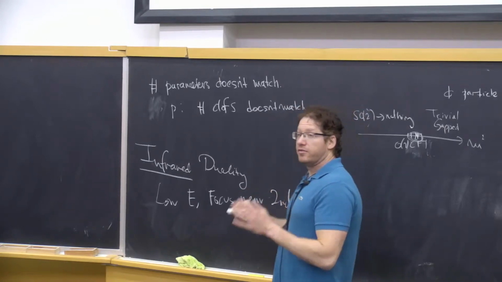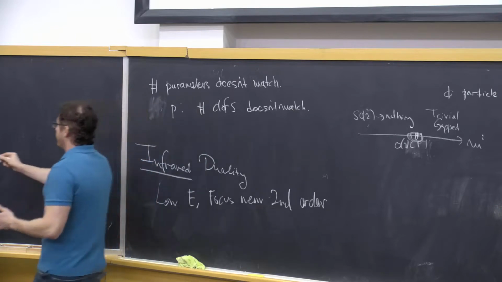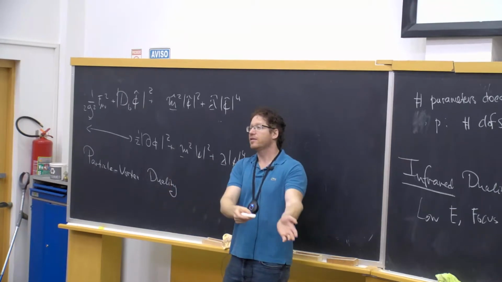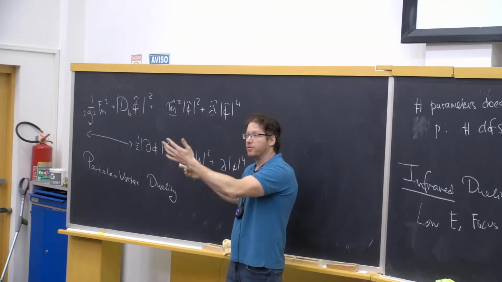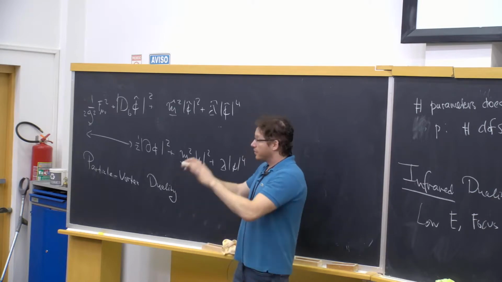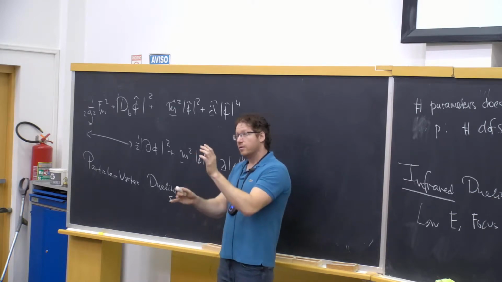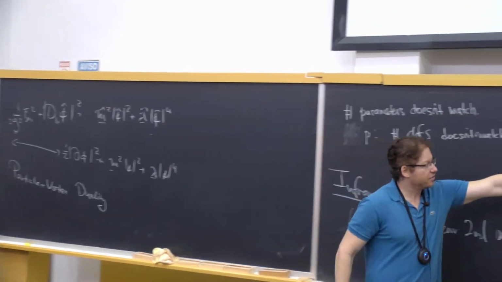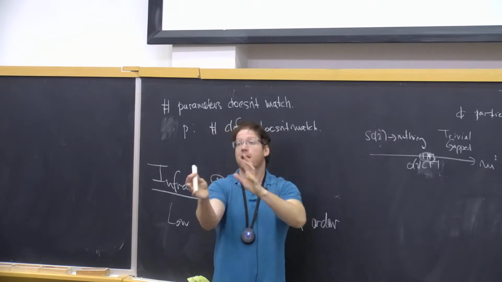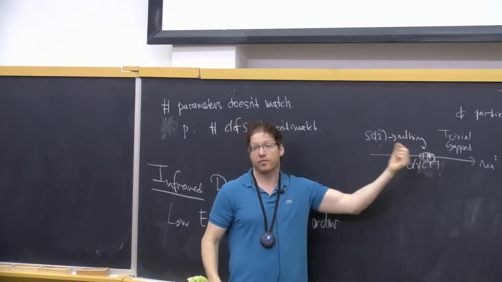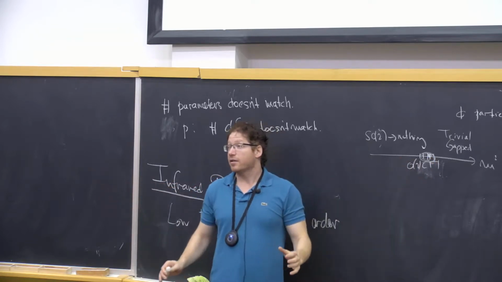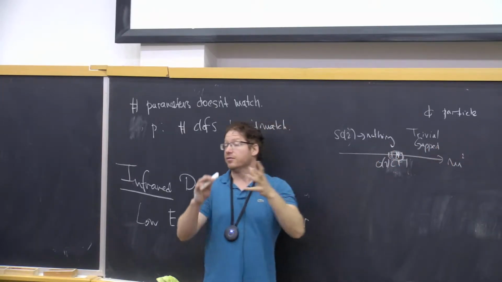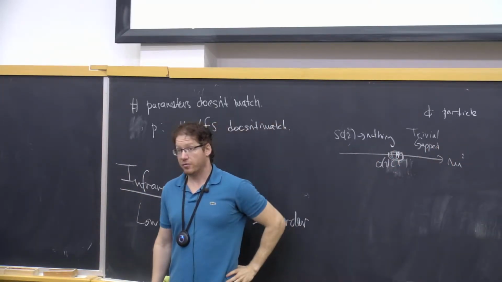So the statement is not that the mass of the phi particle here in the unbroken phase exactly coincides with the mass of the magnetic vortex in the Higgs phase as a function of some parameters, because that couldn't make any sense. But at very low energies, near the phase transition, it does make sense. So the duality is only a statement about close to the phase transition, but you're still allowed to explore the two phases, but you're not allowed to go very far. In more complicated situations, there could be several phase transitions. The duality could be different for each.